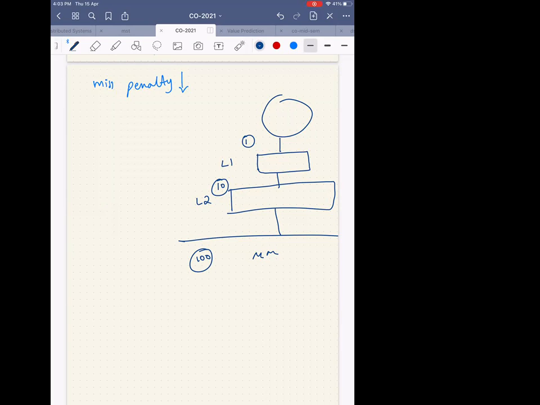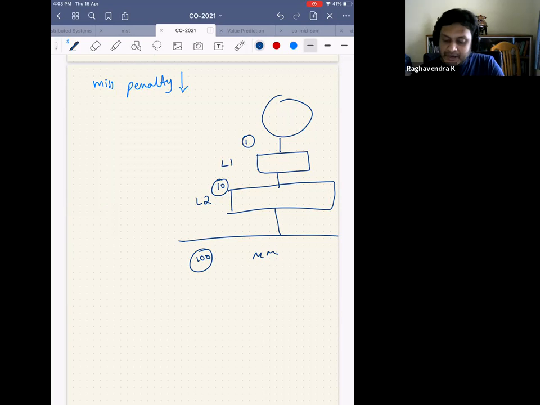Miss penalty. I have increased the miss penalty. Why? Because I have to search here and then search here. So I search in the L2 cache and then I go to the main memory. If that was not the case, I could have directly gone to the main memory, but now I have to search in the level 2 cache and then go to the main memory. But in general, literature says that I decrease the miss penalty by having multi-levels of cache. Why is that?